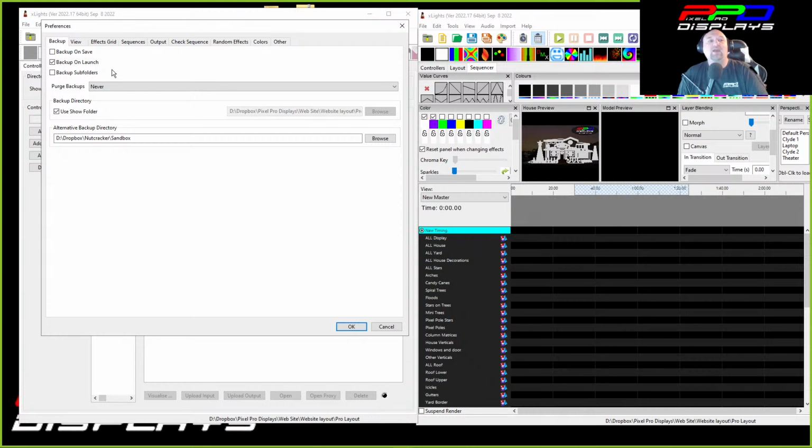You have a backup of backup subfolders, so you can have a number of folders inside your xLights directory. It could probably make a backup of those as well. And then this is, I will be honest, probably Robert's favorite, and Robert Van Orsdale, that is, because